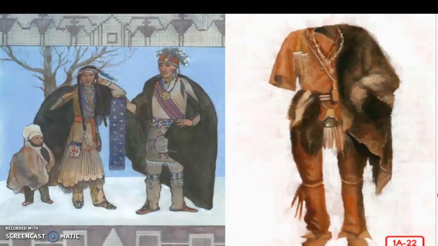No matter where they lived, Native Americans made all their own clothes. Some Native American women and girls wore skirts and dresses. Men and boys often wore breechcloths and leggings. They used materials from their surroundings to make their clothes. Some Native Americans wore clothing made of animal skins: elk, deer, buffalo, and rabbit. They often decorated their clothing with beads, porcupine quills, and fringe.